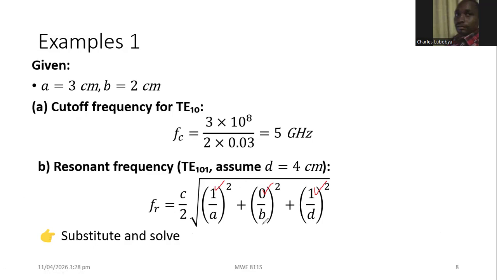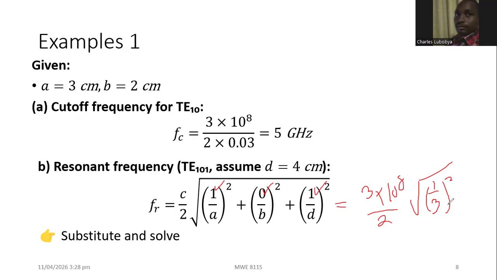When we solve this, we arrive at a value such that you have the speed of light, 3 times 10 to the power 8, divided by 2, and then the square root of 1 over 3